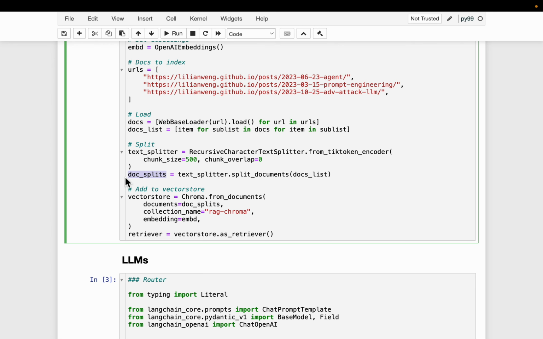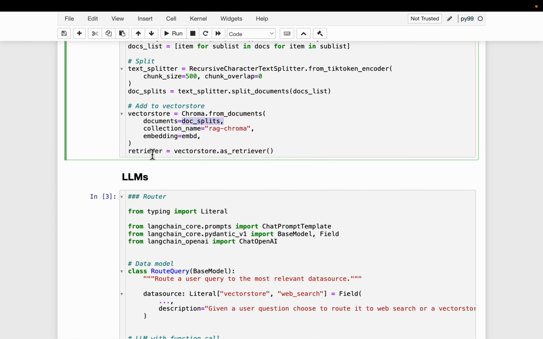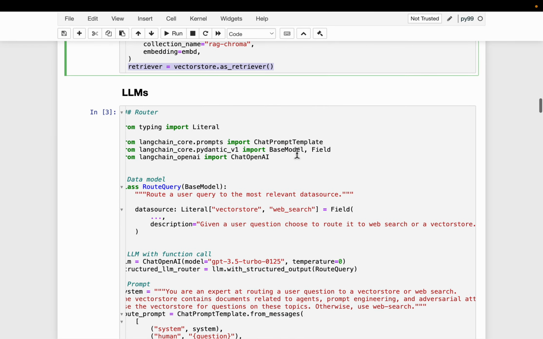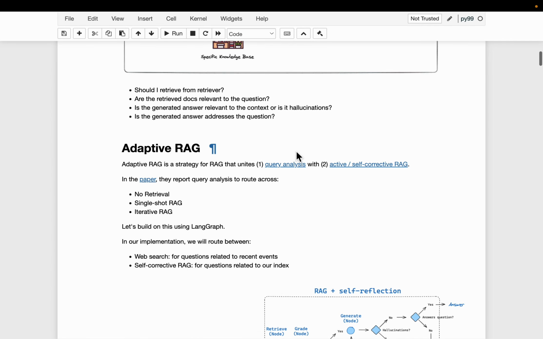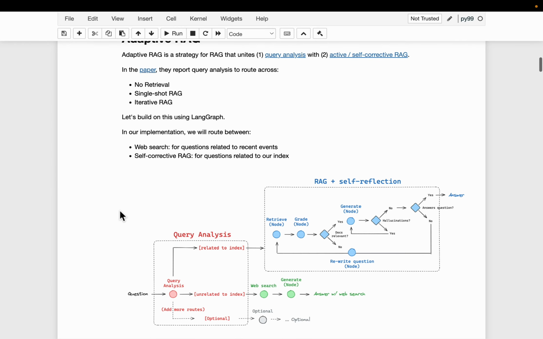Here we have the split documents, and then we are using ChromaDB. We give it a name, and we provide all the split documents. These could be a few thousand documents, or a few thousand vectors. Then we have created a retriever. So we built this part. We have built this knowledge repository, or knowledge base, a specific knowledge base.